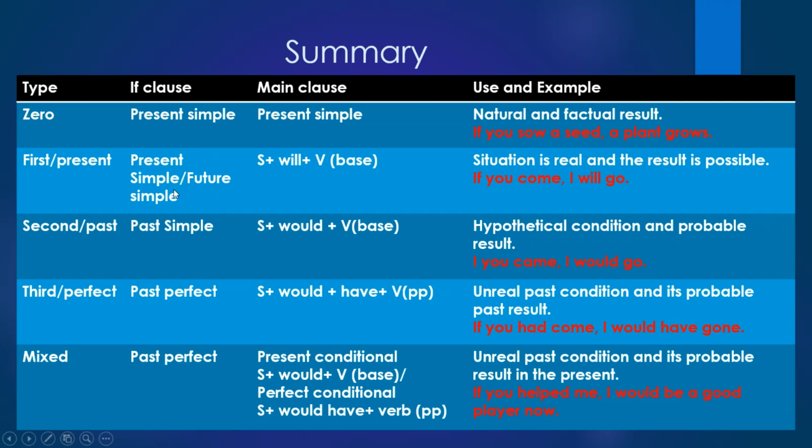ফার্স্ট কন্ডিশনাল আর প্রেজেন্ট কন্ডিশনালে যেটা আমরা দেখি, যেখানে ইফ ক্লজের সাথে ইফের পরে সিম্পল বা ফিউচার টেন্স থাকে এবং তারপরে সাবজেক্ট প্লাস উইল প্লাস ভার্বের বেস ফর্ম থাকে এবং এখানে একটা বাস্তব কন্ডিশন থাকবে এবং তার যে রেজাল্ট হবে সেই রেজাল্টটাও এখানে বাস্তবসম্মত এবং সেটা অসম্ভব না। যেমন, If you come, I will go. তার মানে তোমার আসার উপর আমার যাওয়া নির্ভর করবে এবং দুটোই সম্ভব, এখনও সম্ভব।